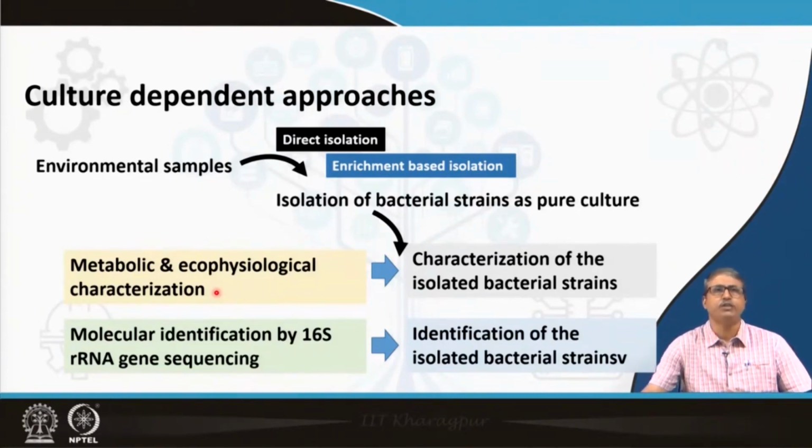This metabolic and ecophysiological characterization is a very important and critical phenomenon, because the metabolic or ecophysiological characteristics we are going to select are defined by what the environment is, and within that environment what we are trying to do. For example, if we have a petroleum refinery waste, or a petroleum oil contaminated waste,